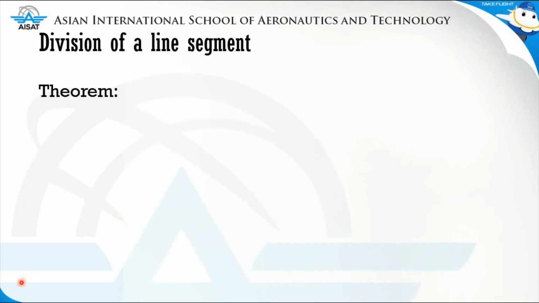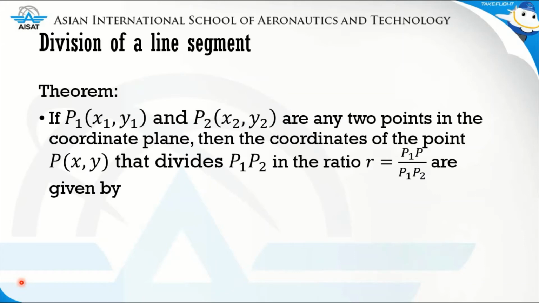Now let's have division of a line segment. So we have here a theorem. The theorem says, if p sub 1 with coordinates x sub 1, y sub 1, and p sub 2 with coordinates x sub 2, y sub 2 are any two points in the coordinate plane, then the coordinates of the point p(x, y) that divides p sub 1 to p sub 2 in the ratio r equal to p sub 1 to p over p sub 1 to p sub 2 are given by x is equal to